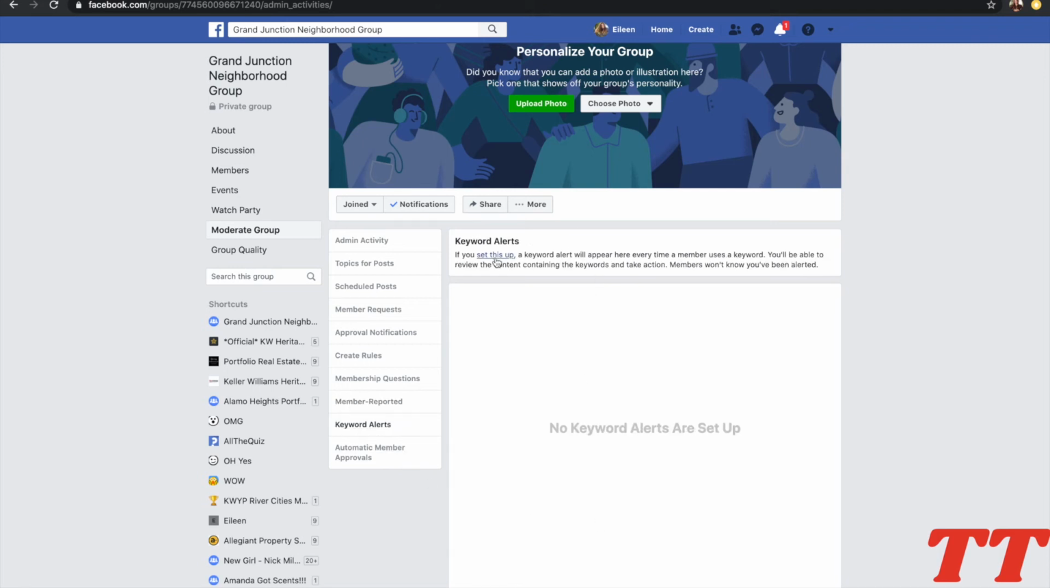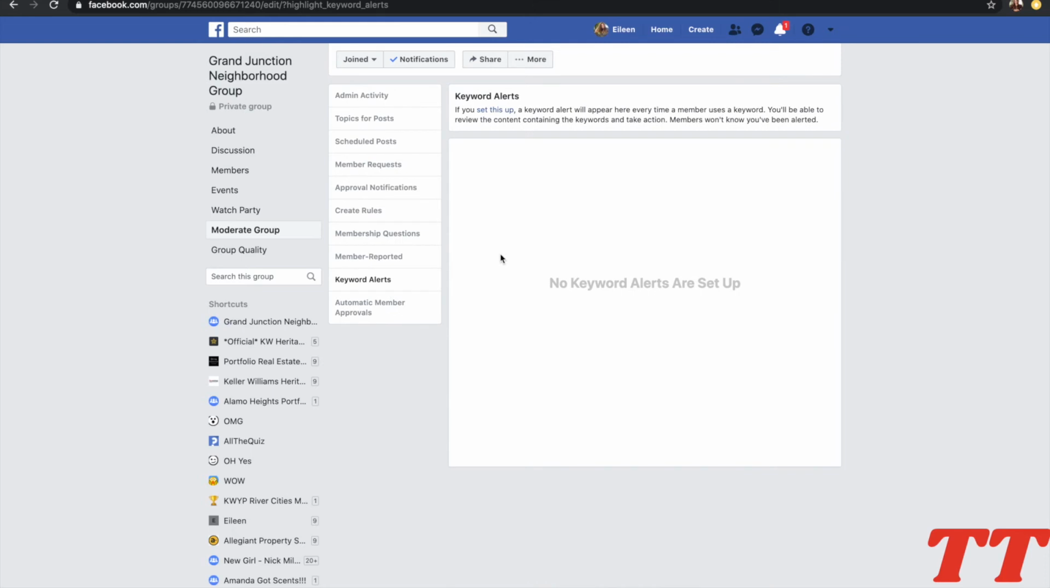So if you want to set this up, it says a keyword alert will appear every time a member uses a keyword. You'll be able to review the content containing the words and take action. So this is mainly for if somebody is saying bad cuss words or anything like that, or you can even put in real estate. So you can set this up